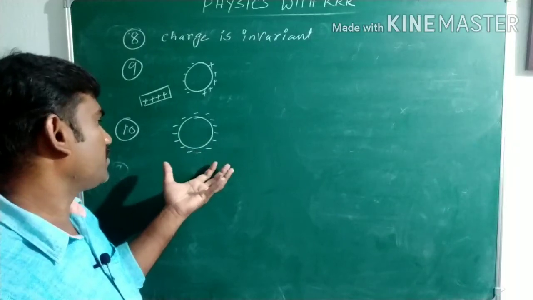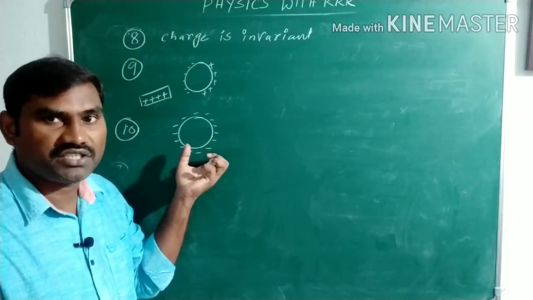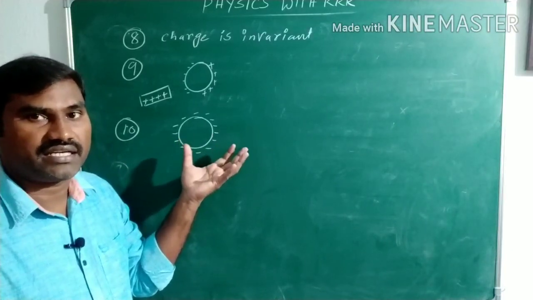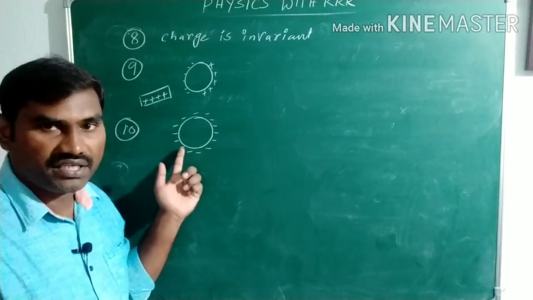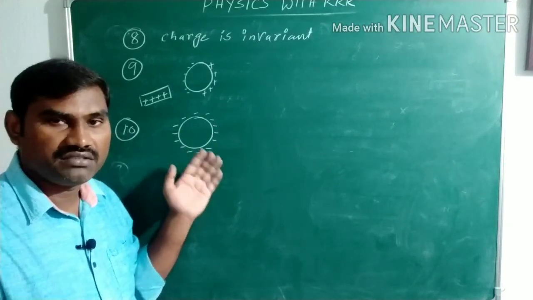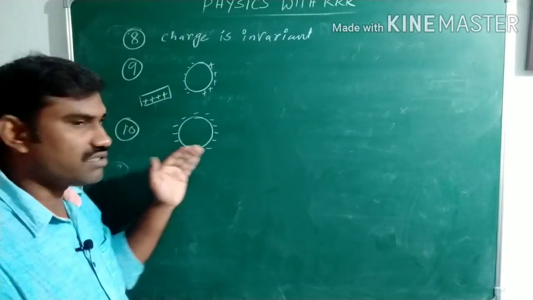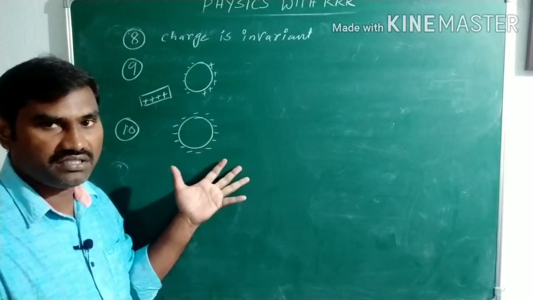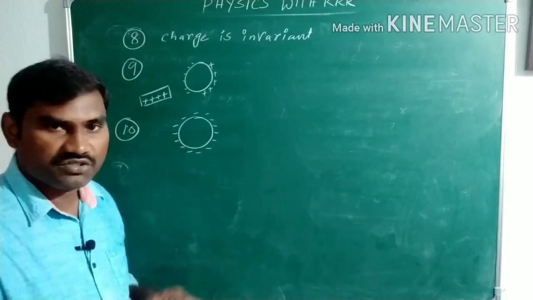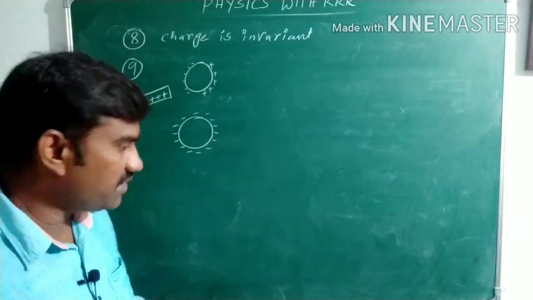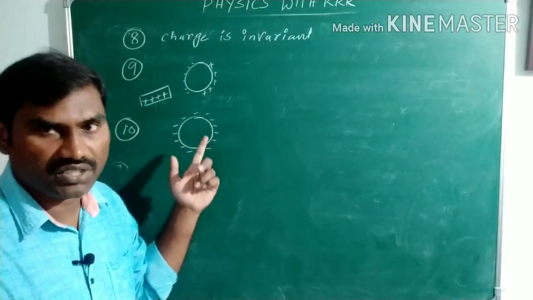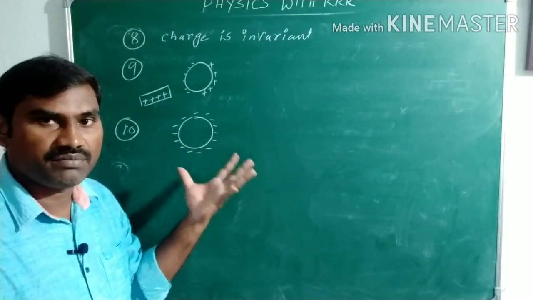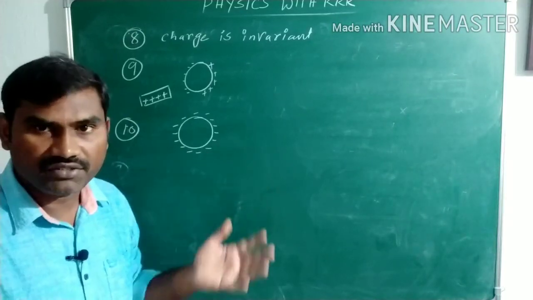Here we need to remember that like charges repel and unlike charges attract each other. As the same charge is given, the excess charge resides on the surface of the sphere. As like charges repel each other, the radius of the soap bubble will increase. Whether positive or negative charge is given, the radius of the bubble will increase because of the same charge.